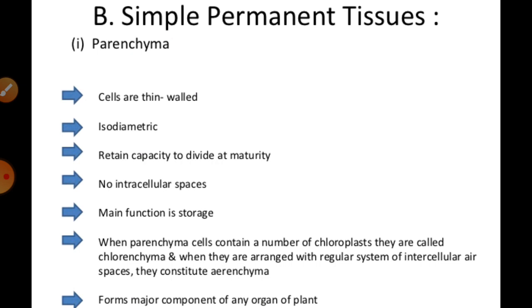Most of the ground tissue that is produced is always helpful for the different plant organs. The permanent parenchyma forms the major part of the plant tissues, meaning the maximum part of the plant organs is made up with the help of this parenchymatous tissue, right? The cells are thin walled. Generally, in the structure of this parenchymatous tissue, the cells are thin walled, roughly spherical or polyhedral in shape, right?